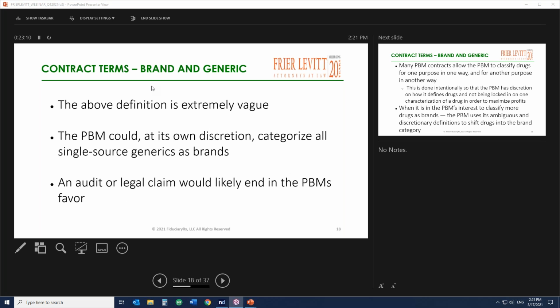So hypothetically, an unscrupulous PBM can use the loosely defined generic drug definition that we just reviewed to their advantage in various ways. One classic driver of drug spend of a plan sponsor is spread on generic drugs. So a PBM can pay a network pharmacy X dollars on a generic drug prescription, but charge plan sponsors significantly more than what it actually paid to the pharmacy by utilizing two different pricing sources. PBMs, unfortunately, can make a case for argument that the definition allows the PBM to utilize a pricing source reasonably determined by the PBM.